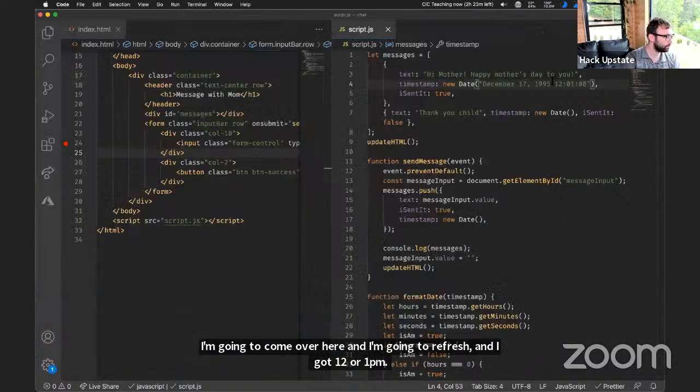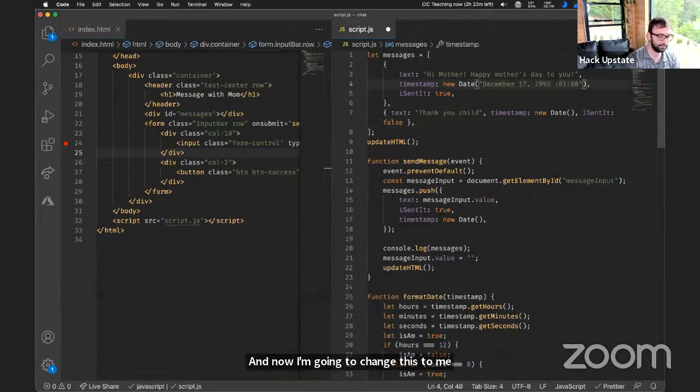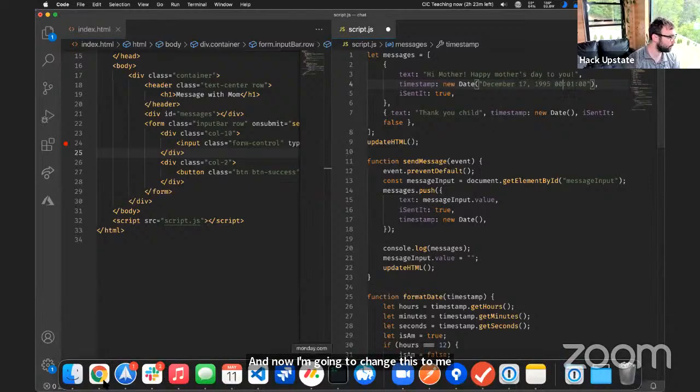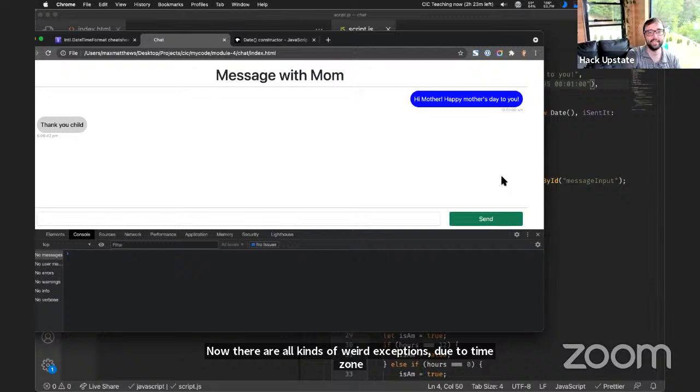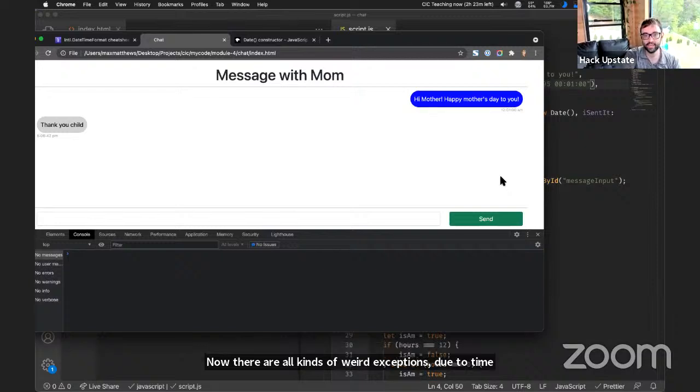And now I'm going to change this to 00:01, which should be 12 AM, and refresh, and we got our 12 AM like we wanted to. Now, there are all kinds of weird exceptions due to time zones. There are some states that don't use daylight savings time. There are some weird exceptions with